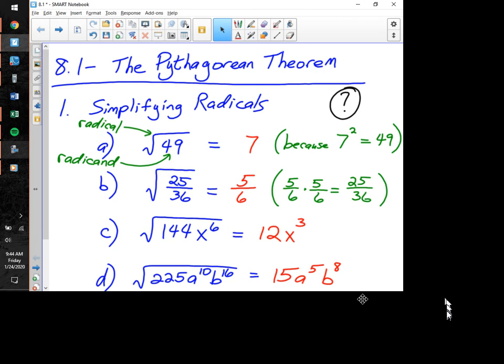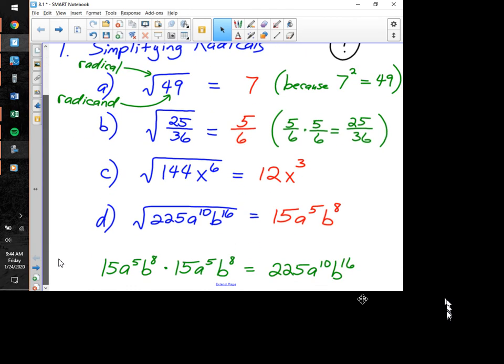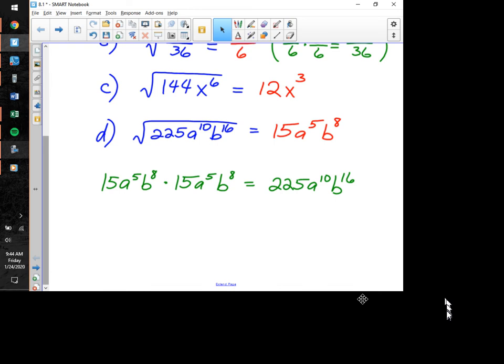How far did we get yesterday, guys? Did we knock out all of these? Okay, so walk me through what happened on this last example, everybody. That big square root, how did we come up with the 15? 15 is the square root of